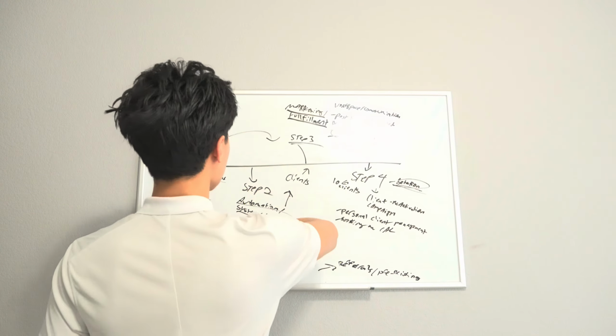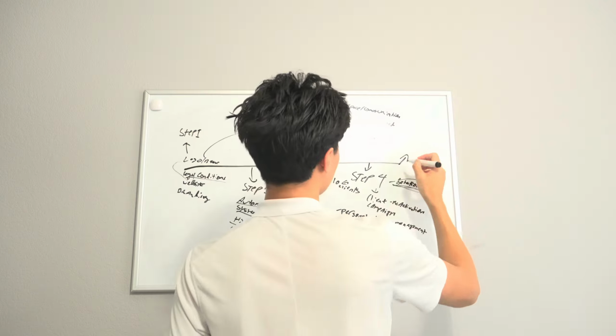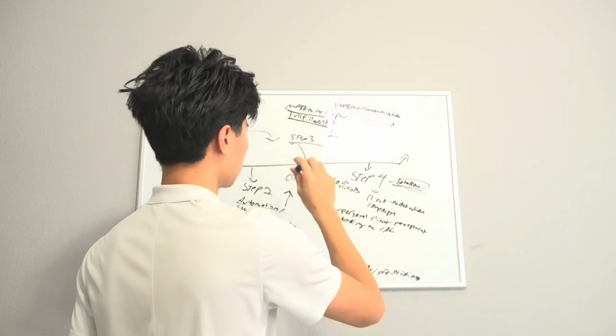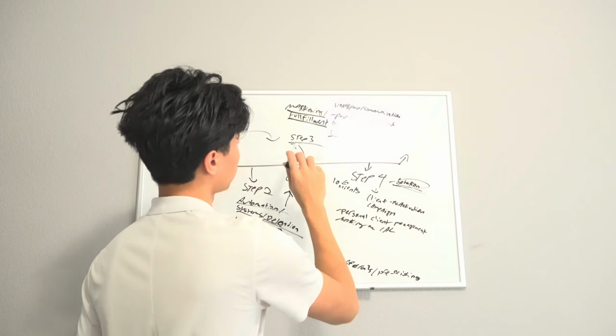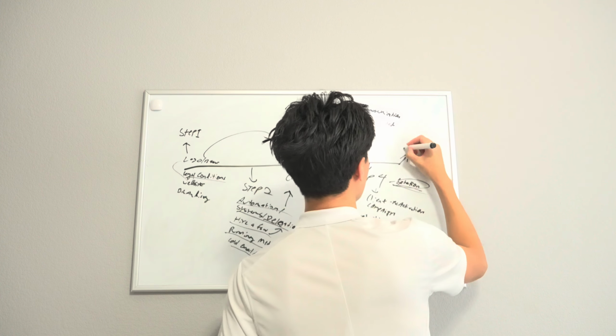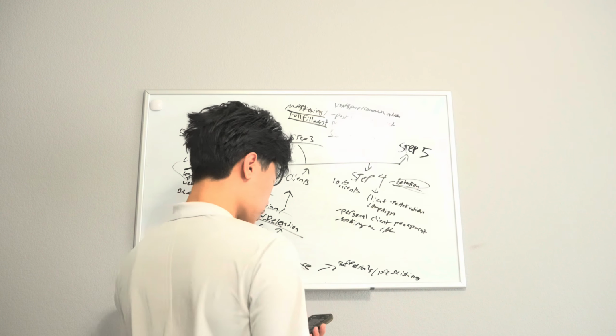Now, after that is essentially done, this is the last part, right? This is where you essentially just repeat the whole process, and you repeat step 3, step 4, step 3, step 4, step 3, step 4 over and over again, and that's when you can essentially scale, right? So step 5. Now, step 5 is obviously going to be